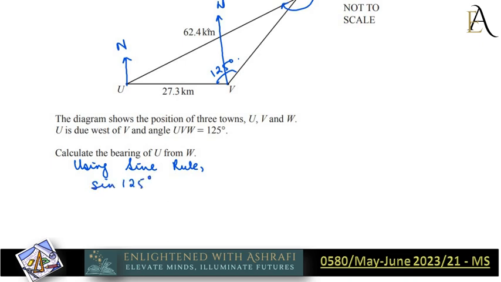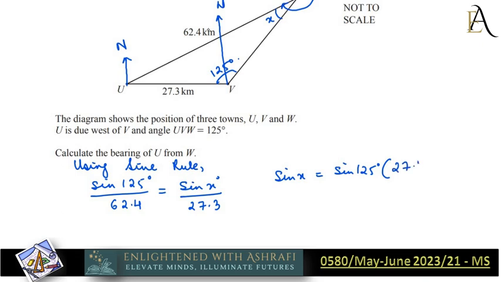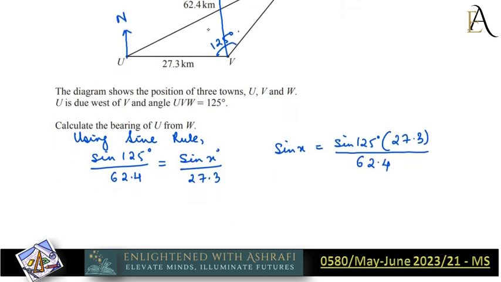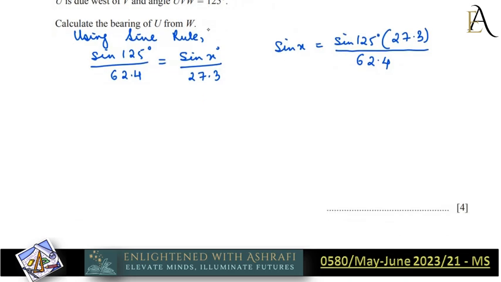Sine 125 degrees upon 62.4 equals, let this part be x. So sine x degree upon 27.3. So sine x is equal to sine 125 degree into 27.3 upon 62.4. Now let's find out the values of